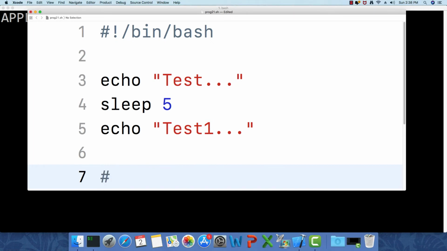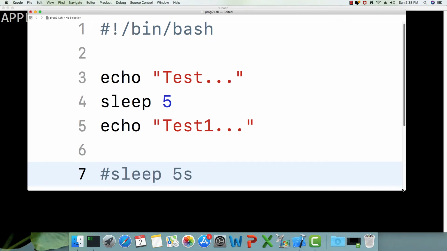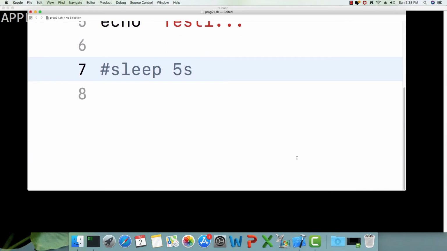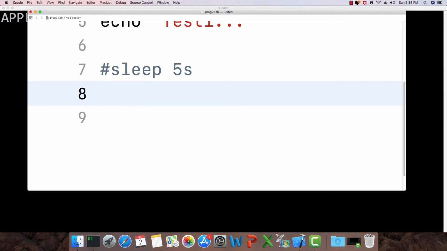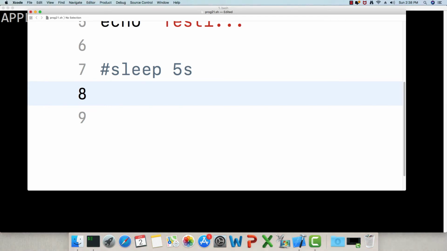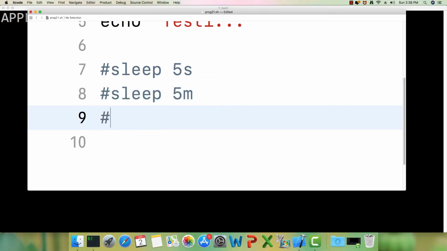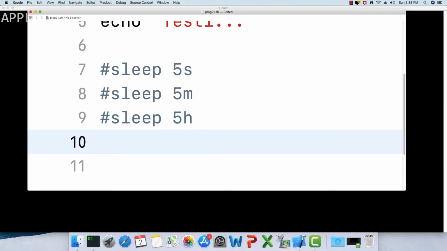And let me comment: sleep 5s, that's for 5 seconds, and it is default. Second is default. If you don't add any sort of time identifier, it will treat it as seconds by default. Sleep 5 hour, sleep 5 day.